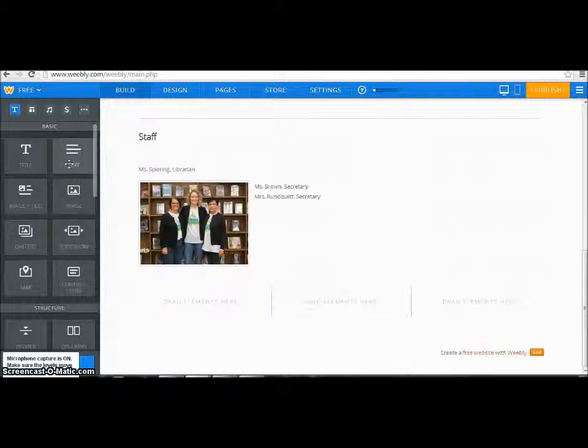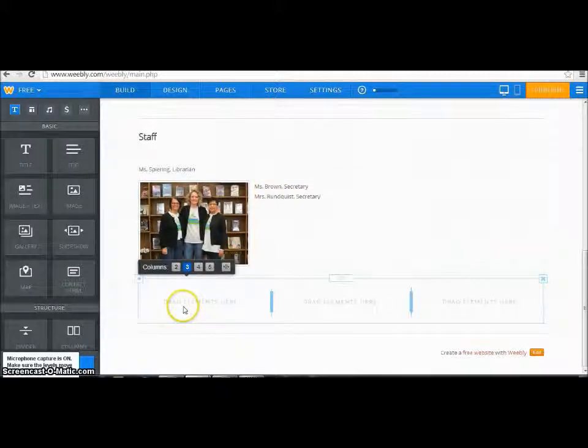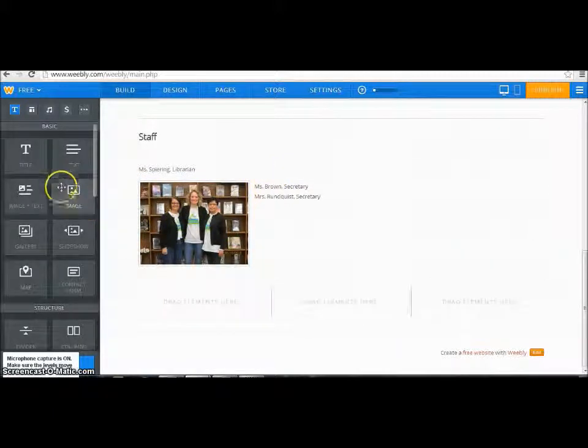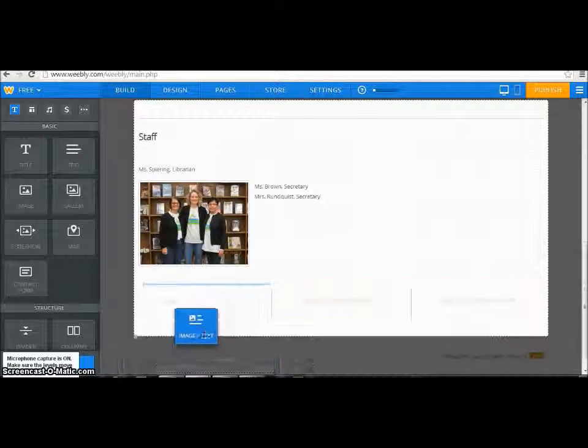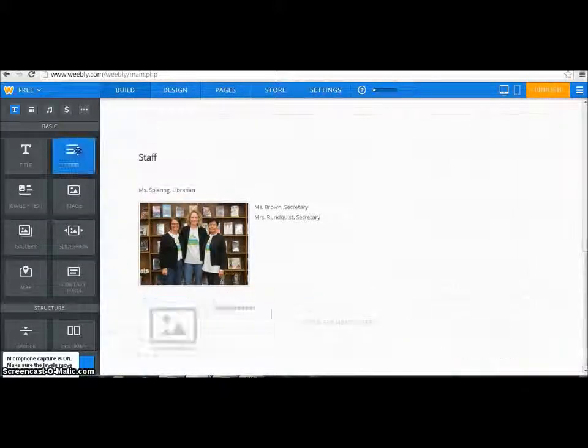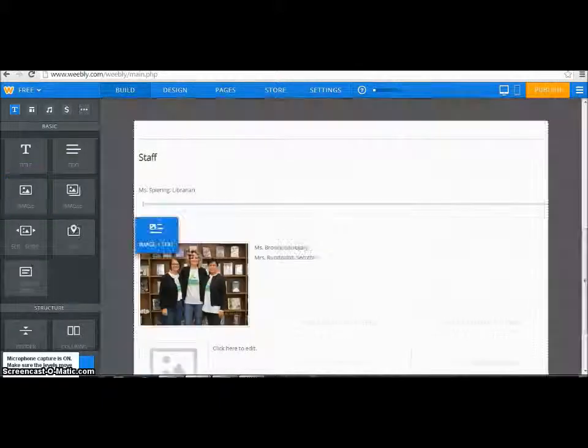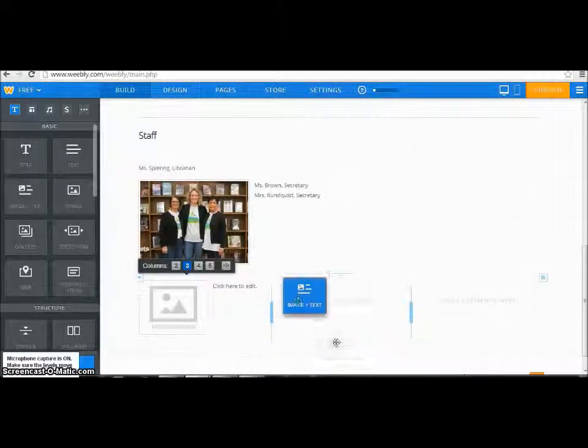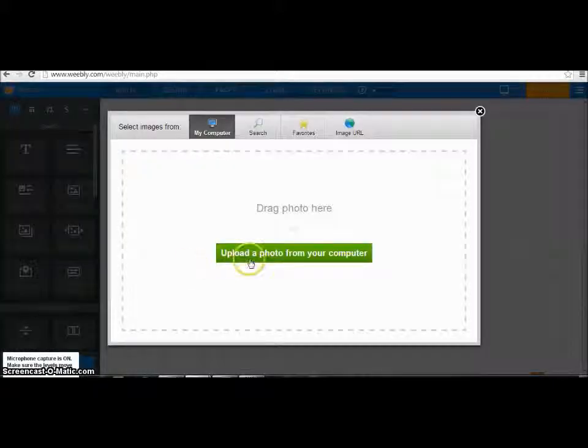So if you want the page to be a little bit more compact with information, then you're going to want to use columns. See right here where I have 1 column, I have all this empty space. So if I want this to be in a column instead, I would say that I want image and text here in that column, and then maybe I want another image and text in this next column, and maybe I just want 2 columns. And then I can add that same picture